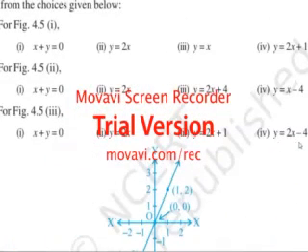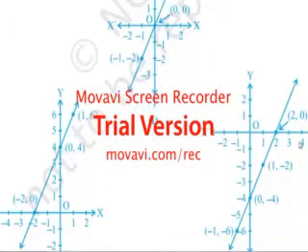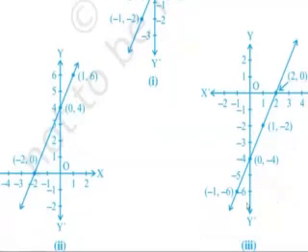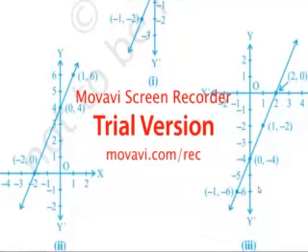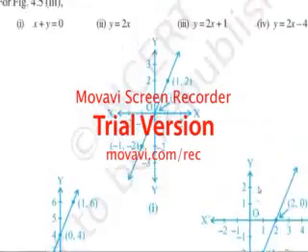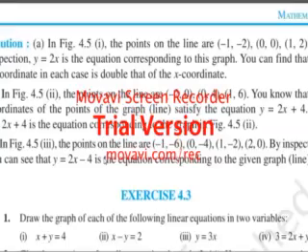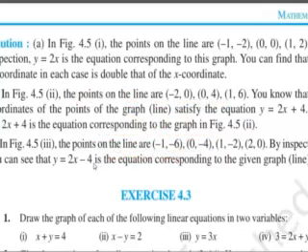So now y is equal to 2x minus 4. Let's see. 2x means 2 into 2, 4; 4 minus 4 is 0. Here, 2x means 2 into 0 minus 4, that is minus 4. And 2 into minus 2 minus 4 is minus 6. Yes, so here the answer will be y is equal to 2x minus 4. Simply you can calculate it.